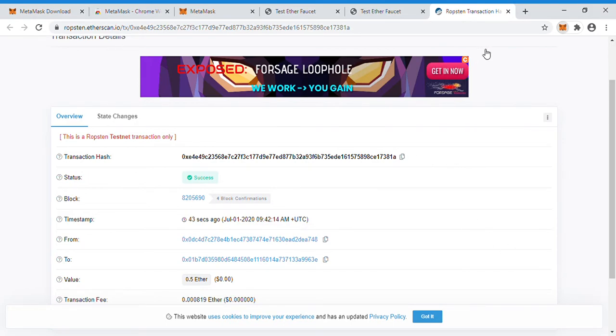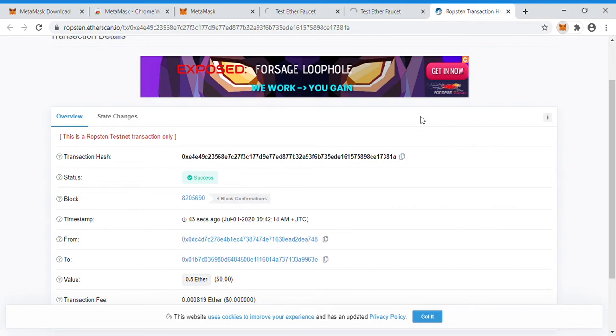Not only the Ropsten test network, you can also use the Kovan test network. Here we also have a deposit option. We need to post the address on LinkedIn. We need to log in to the LinkedIn account. There is a web page where we need to post the public address. Then we will get three ethers in the Kovan test network. Okay, so let me use Ropsten only. Here, with localhost custom RPC, we can run a personal blockchain on the laptop like Ganache, and connect to Ganache using options like localhost 8545 and custom RPC. Okay, so let me use the Ropsten test network only.